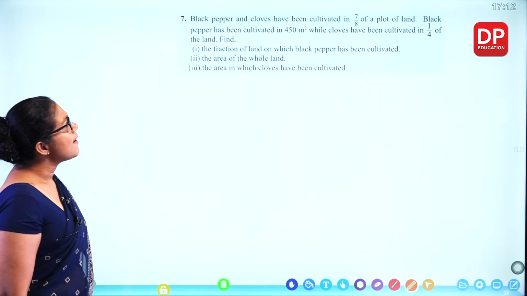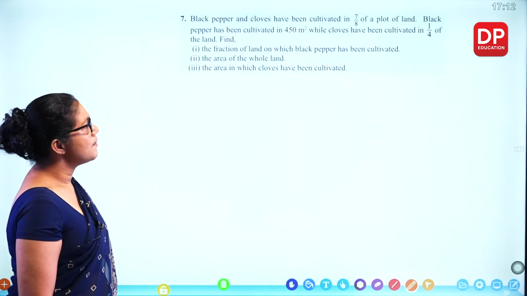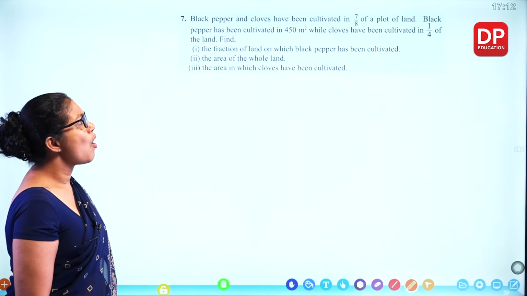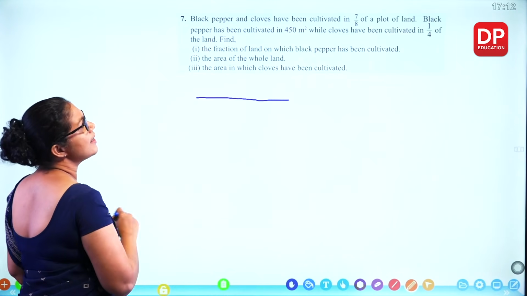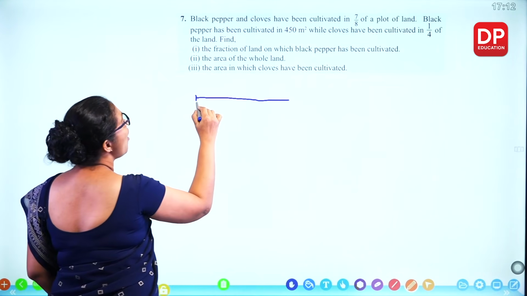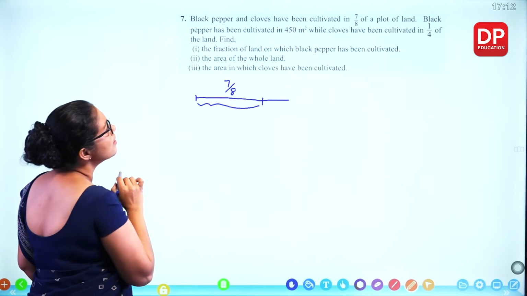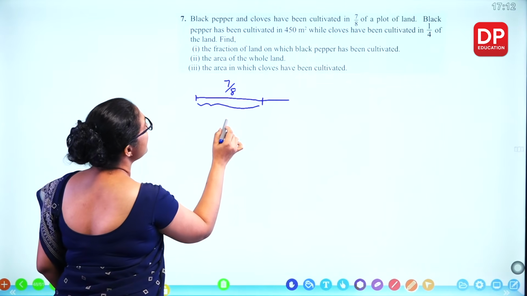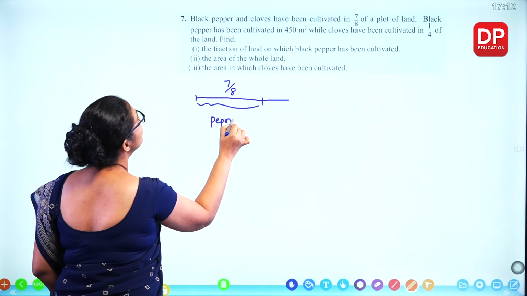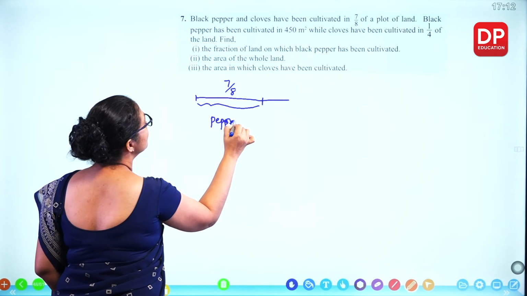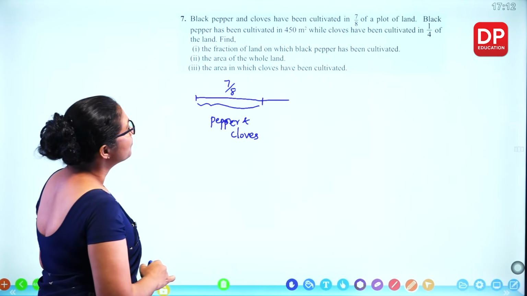Now we'll take the 7th question. Black pepper and cloves have been cultivated in 7 out of 8 of a plot of land. So when you draw the land like this, 7 out of 8 parts for pepper and cloves. And it says